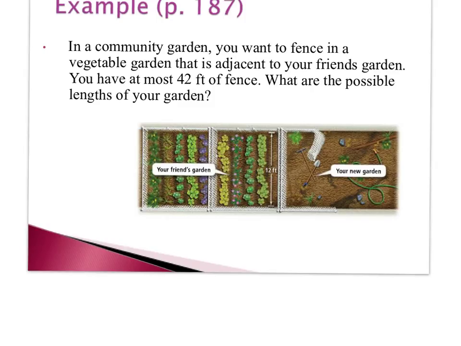Take a quick look at a story problem using this information. Here we have a garden, and we're going to put a fence around it. Now our friend already has a fence here. That's a 12-foot fence. And because of that, we know that this side here is 12 foot. What we don't know is the length of these two sides. But we do know that we have 42 feet of fence. So we need our 42 feet to be less than or equal to, because we don't have any more fence, that's all the fence we have, 2L, 2 times the lengths,